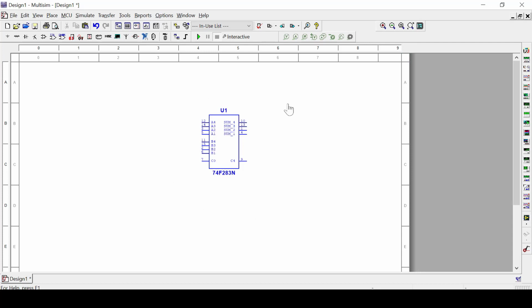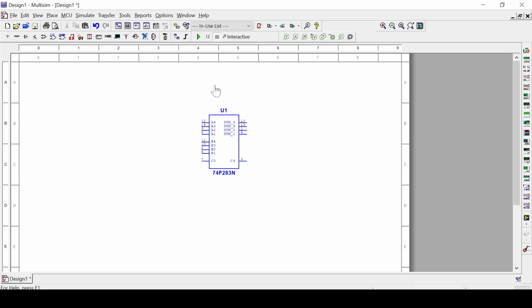Now I'm going to connect my inputs, bits A1 to A4 and B1 to B4. Please remember, for this circuit your power VCC and ground will be connected automatically by the software itself. You don't have to give any external connection for the VCC or ground of the IC. As I said in the introduction class, your AND gate or NOT gate ICs have the 7th pin for ground and the 14th pin for VCC. You have to connect them manually there, but in this software you don't have to.